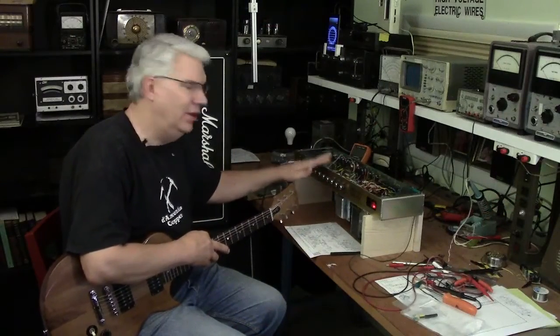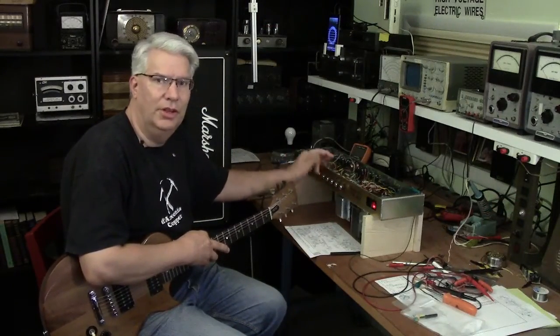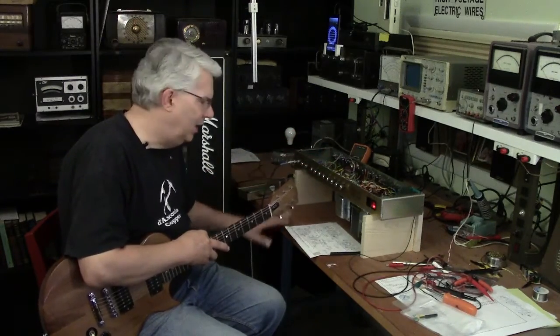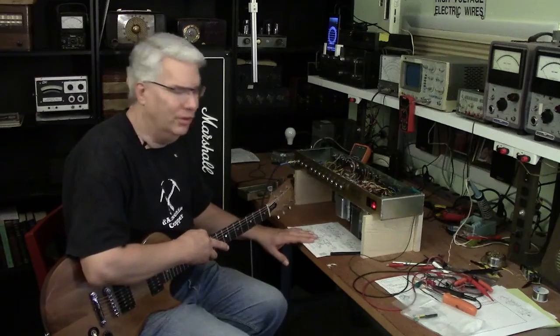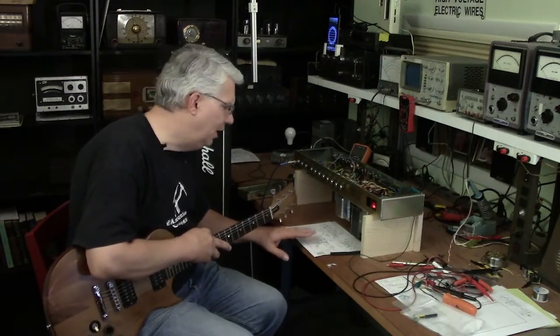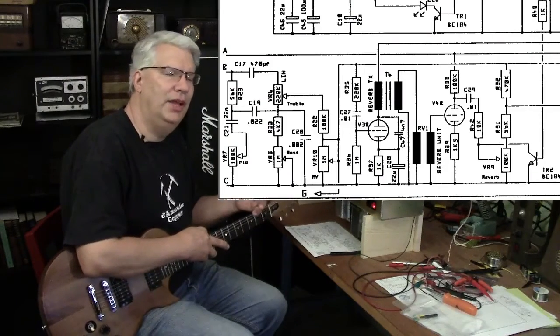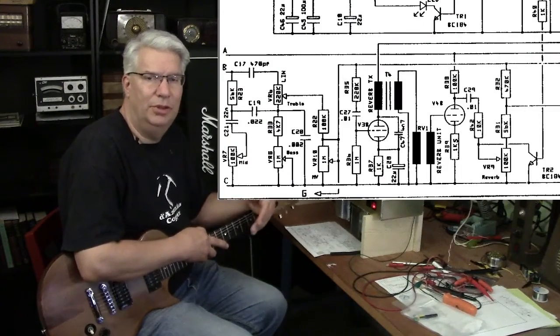This JCM800 has a problem with the reverb circuit. You turn up the gain, and all you hear is hum. I took it apart and got out the schematic, the preamp part of the schematic. I looked at the reverb circuit, and they have an ECC83 that drives a transformer, and that's wired